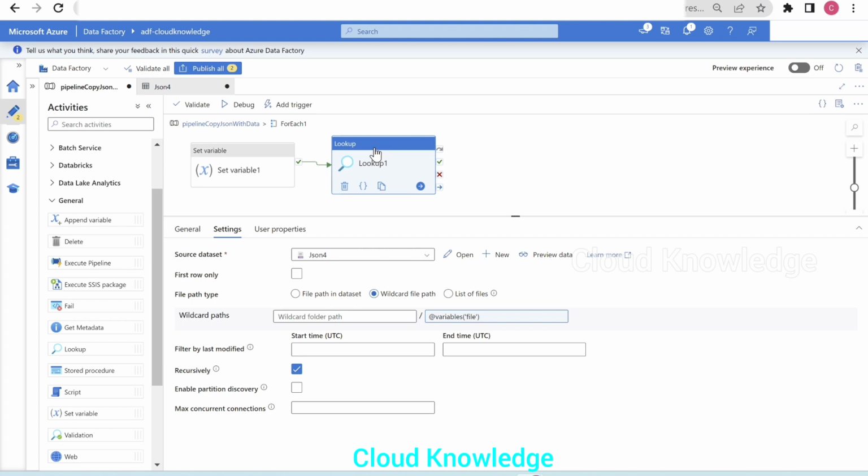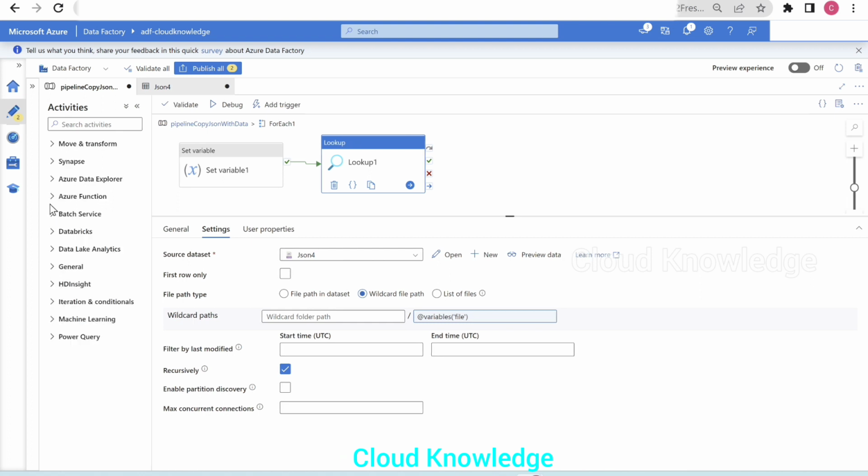Now our requirement is to check the contents of these files, whether they are empty or not. So our next job is to apply the logic of checking whether the files are empty or not. If they are empty, we will not copy them to the destination folder. If they have contents, we'll copy. In order to implement that conditional check, we have to use the condition activity, and in ADF, we have it as the if condition.